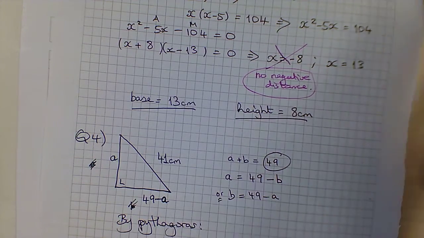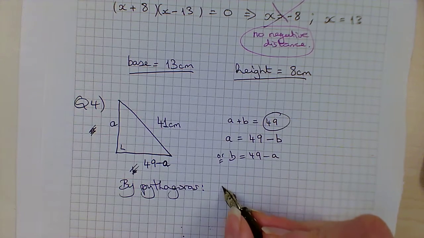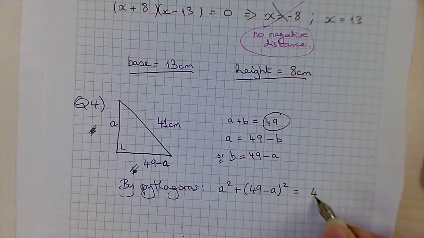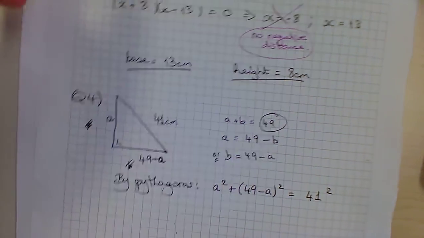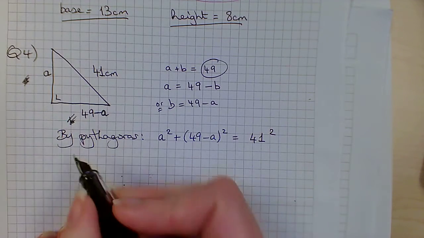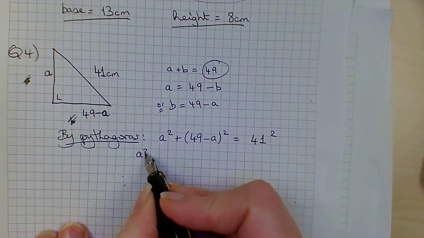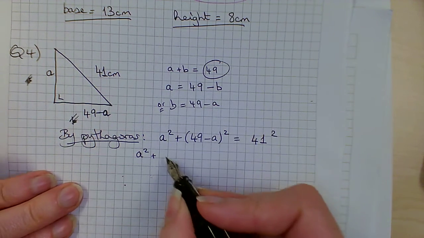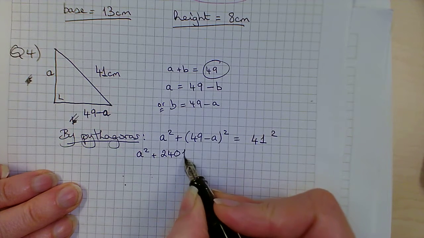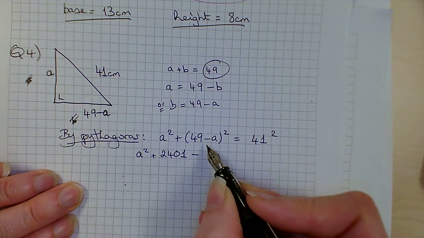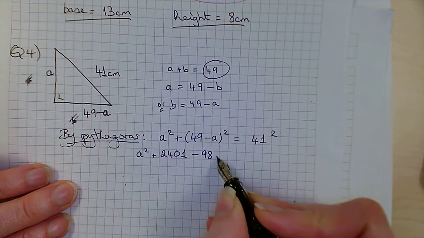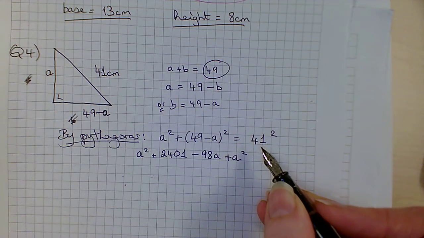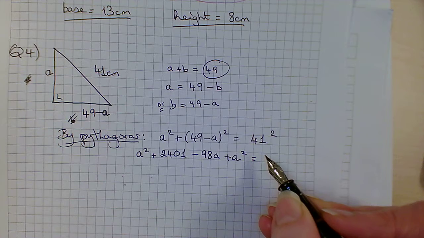And by Pythagoras' theorem, these two shorter sides, a and 49 minus a, squared and added will be equal to 41 squared. So I square out my brackets. I can use the shortcut, or I can multiply it out whatever way I like, and I get a squared plus 49 squared. It's okay if it's a big number, that's why we have calculators. 2,401. The product, minus 49 and double it, 98a, and square the last, a squared. I'm also going to square 41, so it's equal to 41 squared,